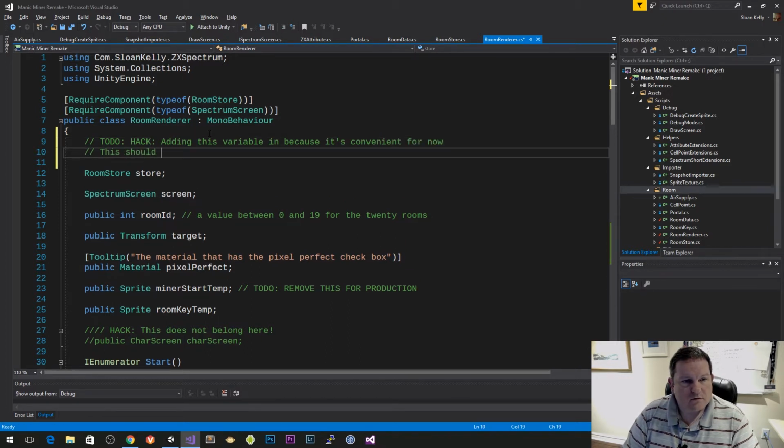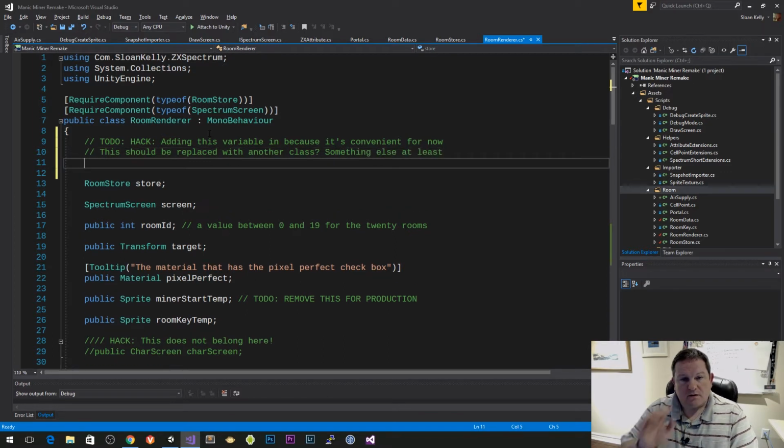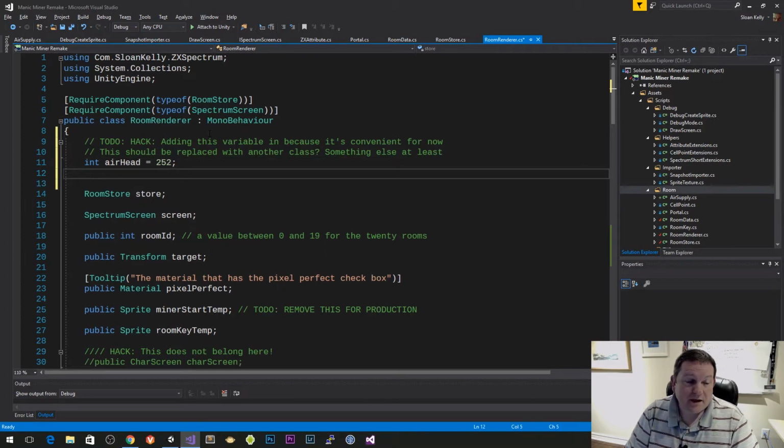This should be replaced with another class, something else at least. So I don't want it to be in here, but I'm going to put these variables in here just now. So air head is going to be 252, which is fine,